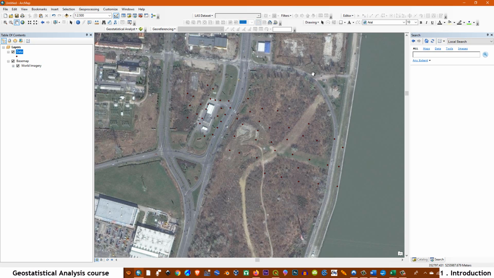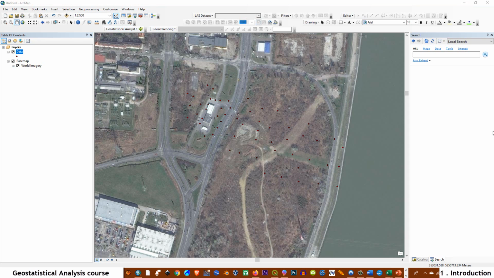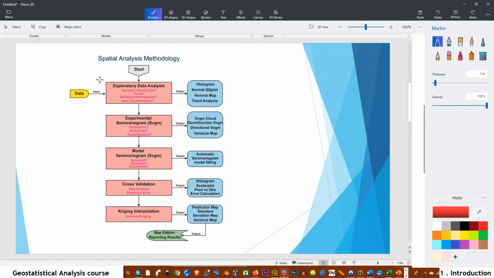Okay, this is the end of this first introduction. The next video is going to be the exploratory data analysis of this section here, where we are going to see how to create a histogram, normal QQplot, Voronoi map, and trend analysis with ArcMap compared